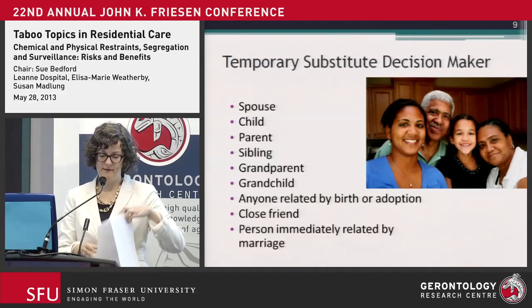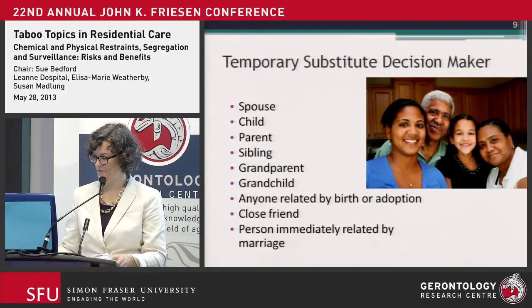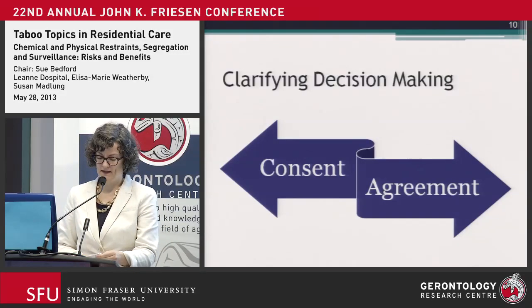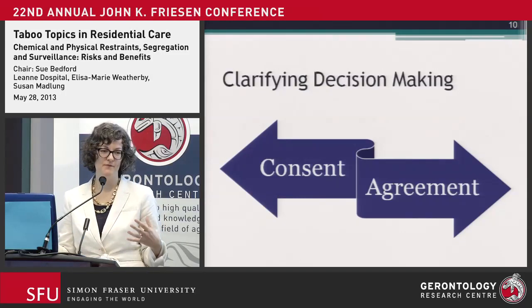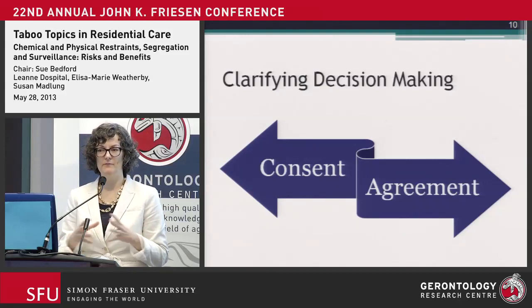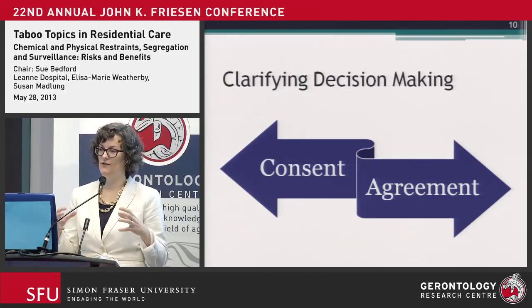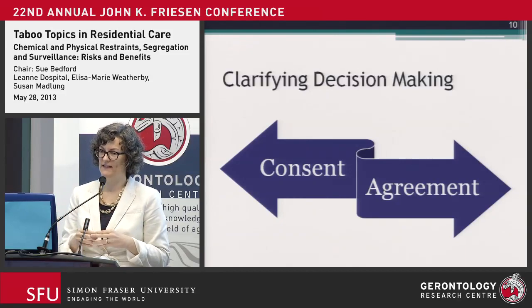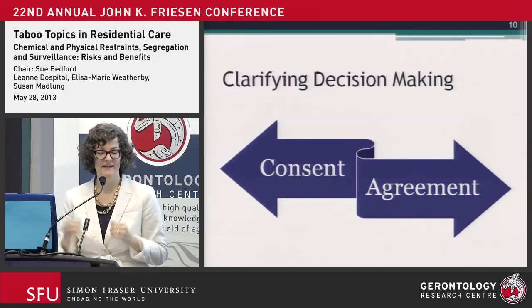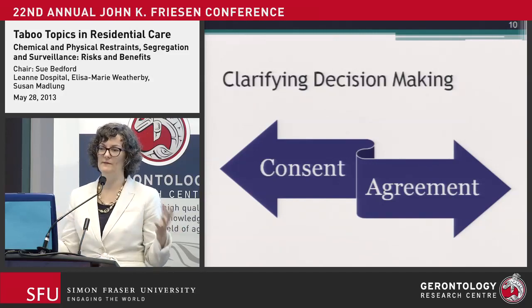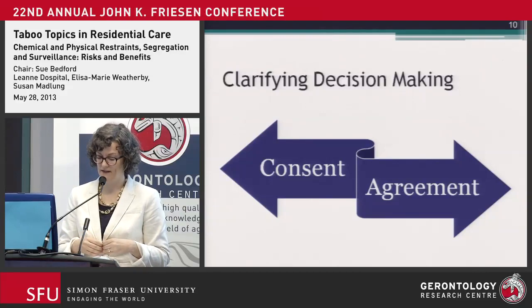So I'll get into a little bit of the nuances around decision making. And this is kind of the tricky part. I'll start by talking a little bit about the issues in British Columbia, because in BC there's no legal scheme to actually consent or agree to a restraint. So there's nothing that says what can be done if there is no agreement. And that's a bit of a loophole. There is law that exists, but it's not been proclaimed yet.